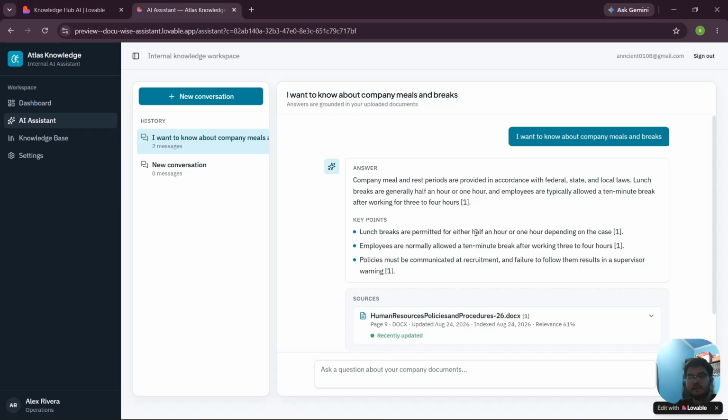So you can see precise, key pointed information is given to the user or the consumer who is going to leverage this. It's a tool where we can ask questions related to the documents that we have uploaded. So this is all about a RAG based internal AI assistant application.